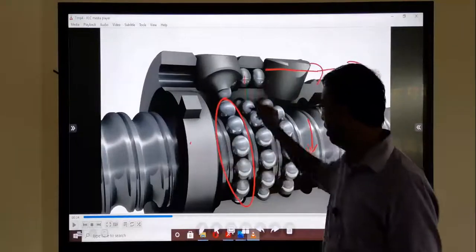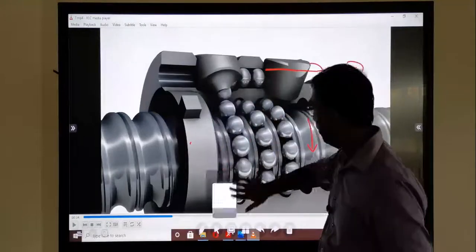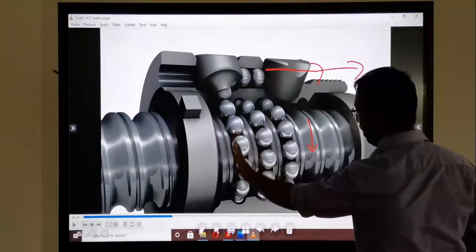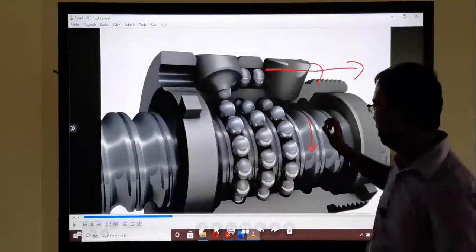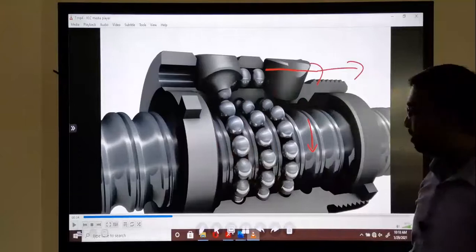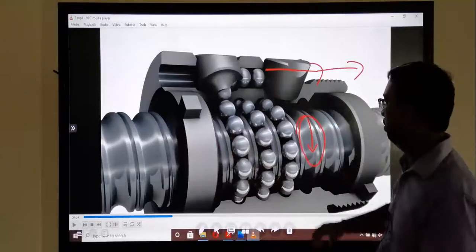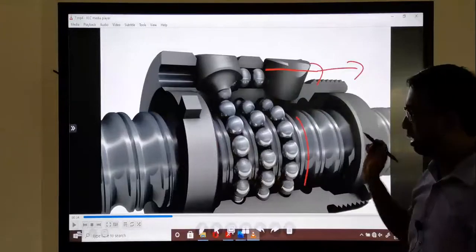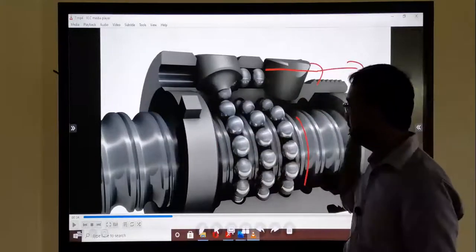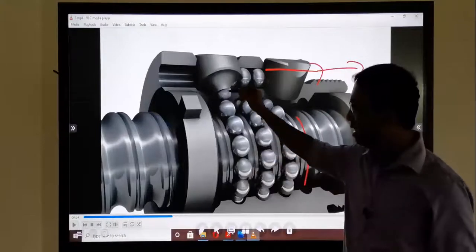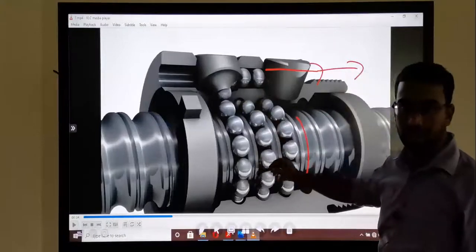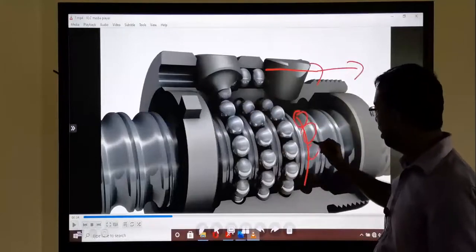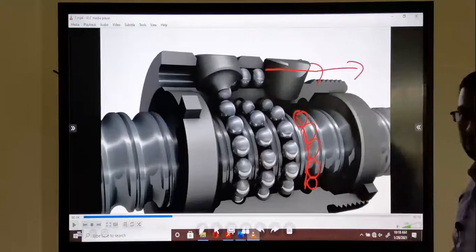This part comes here. At the same time, this loses this groove, and it captures the new groove, the draw of new groove. So just think, when it moves this way, we have to eliminate the last row of balls. The balls of this row have to be eliminated, and we have to fill balls into this new groove.